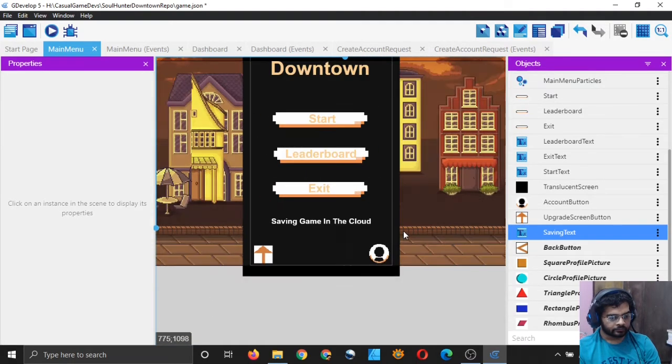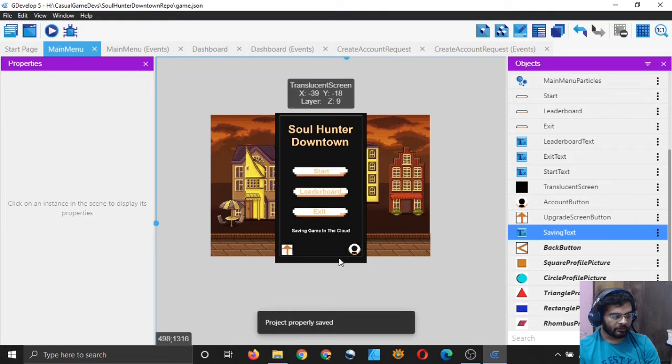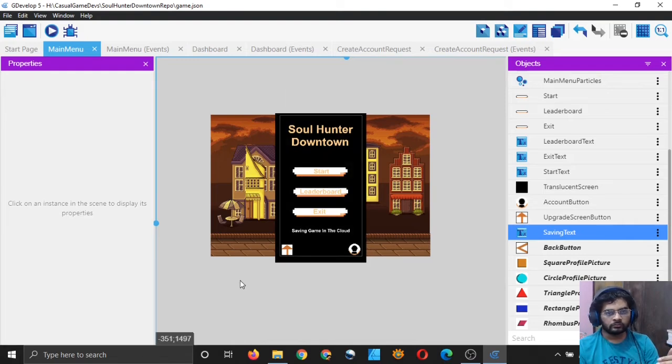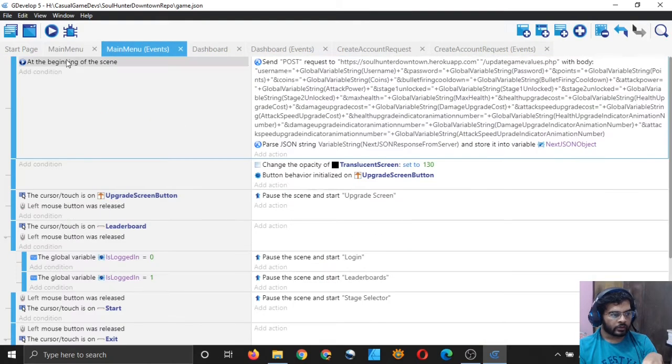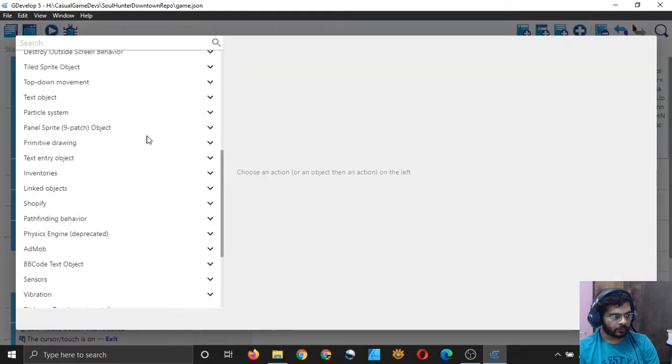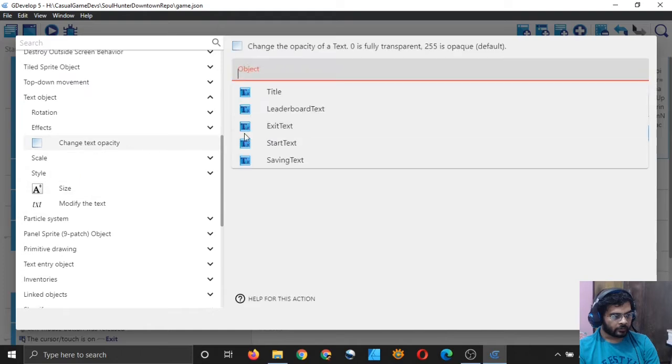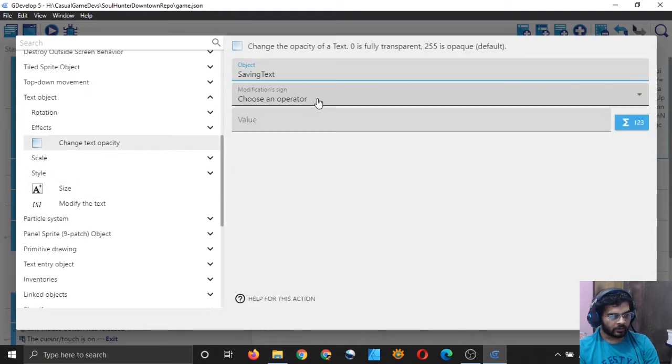And this should be displayed every time we are saving the game in the cloud, right? This is important. So here at the beginning of the scene, before these two actions, I want to add an action first of all, and choose text object, modify, change text opacity, and choose our saving text with opacity equal to 255, right?